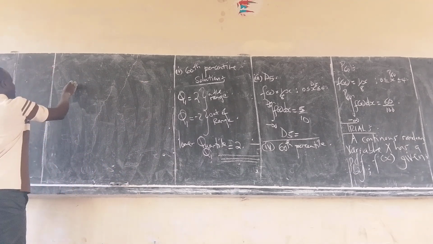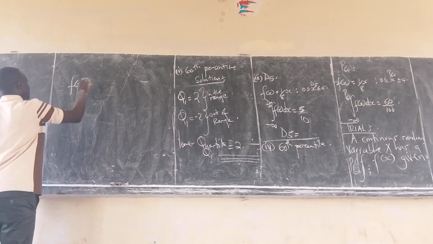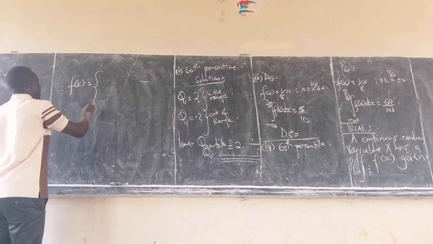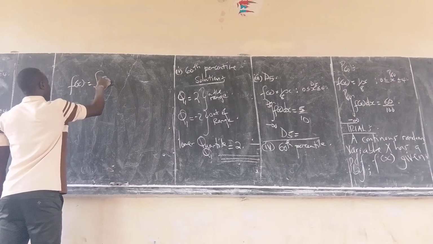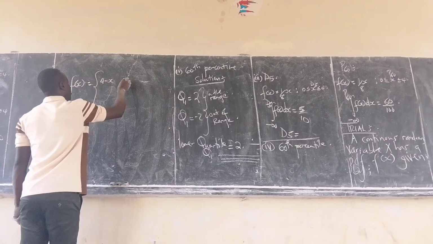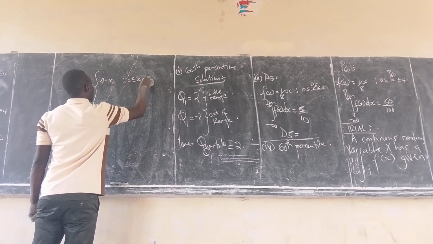So our PDF small f of x is given by 4 minus x. This is when x lies between 0 and